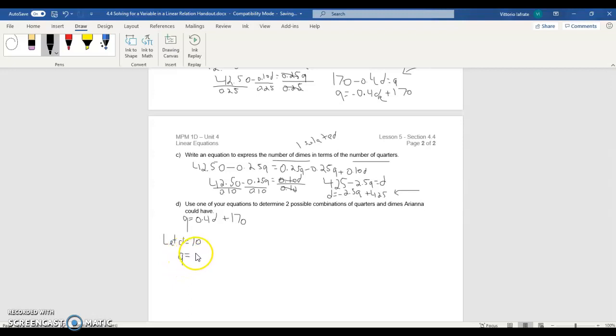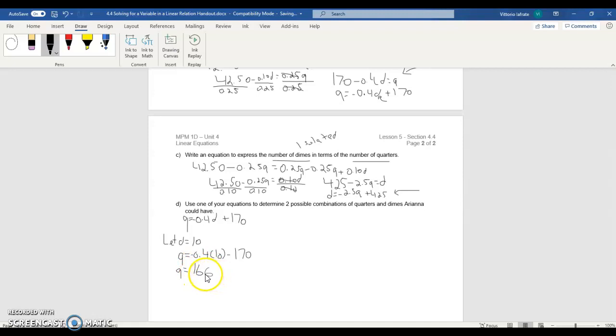So I'm going to do Q is equal to, oh sorry, it's minus 0.4 there, based on our equation, times 10 plus 170. And so if you do your minus 0.4 times 10, plus 170, you get